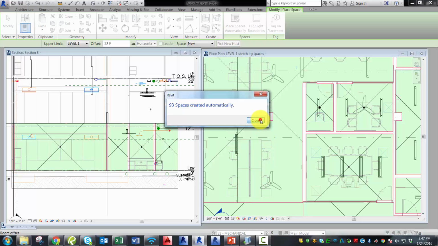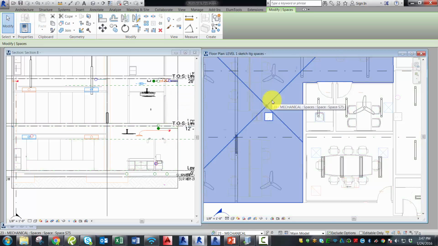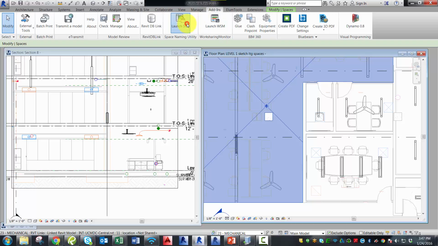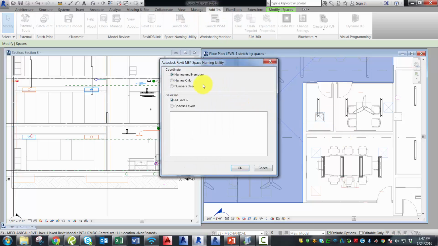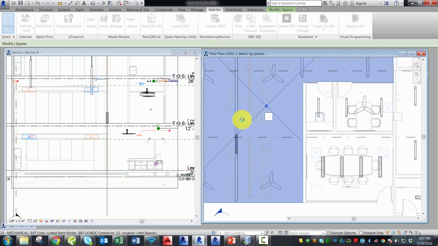But it will have named all your spaces funny things like space S75. And that's where the space naming utility comes in. So launch your space naming utility, and you can, well, first do the process we just did for all your floors. Place spaces on all 3 of your floors. Make sure that you use the offset of the floor to floor height, and then run the space naming utility for all levels. And what that will do is it's going to take all your spaces, it's going to look at the rooms, and it's going to name them the same name and number as the room,